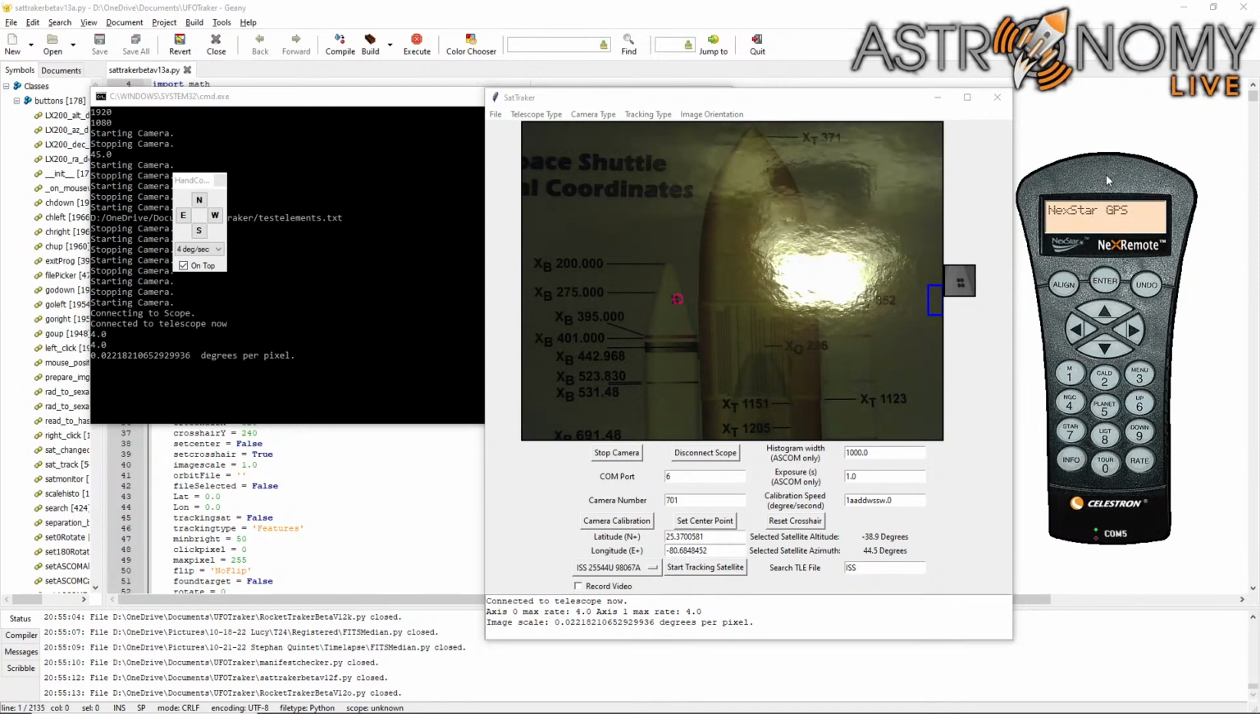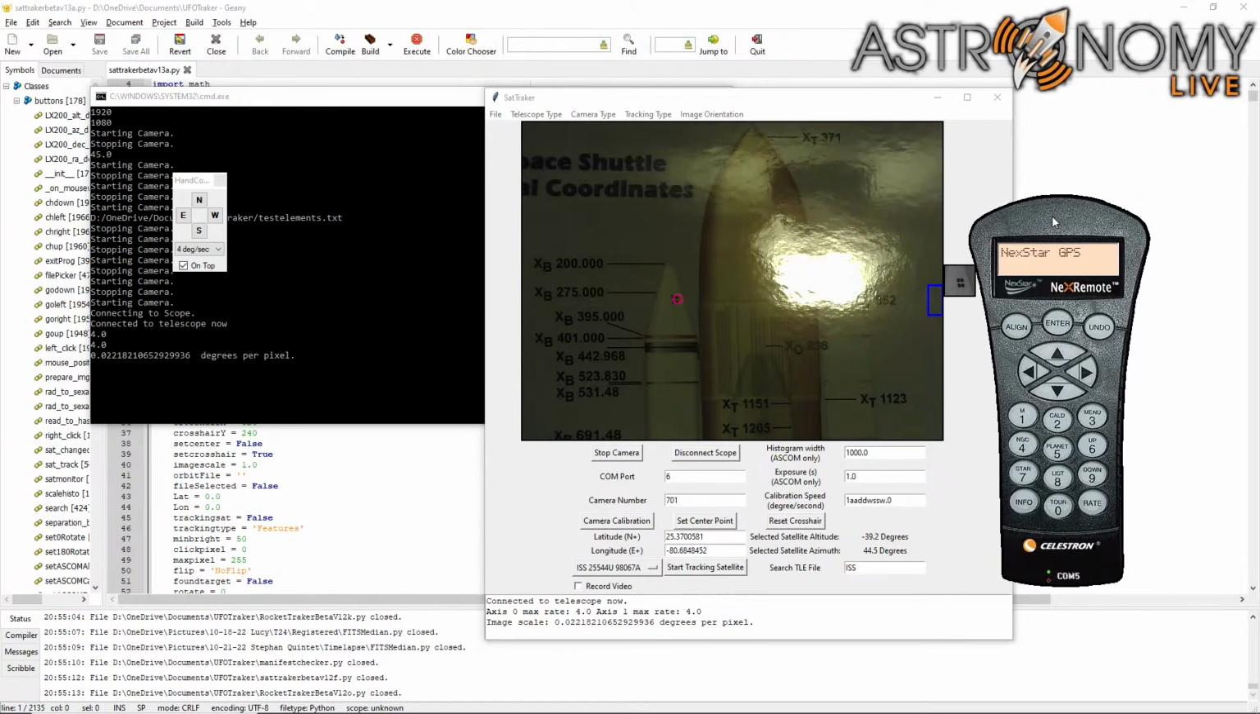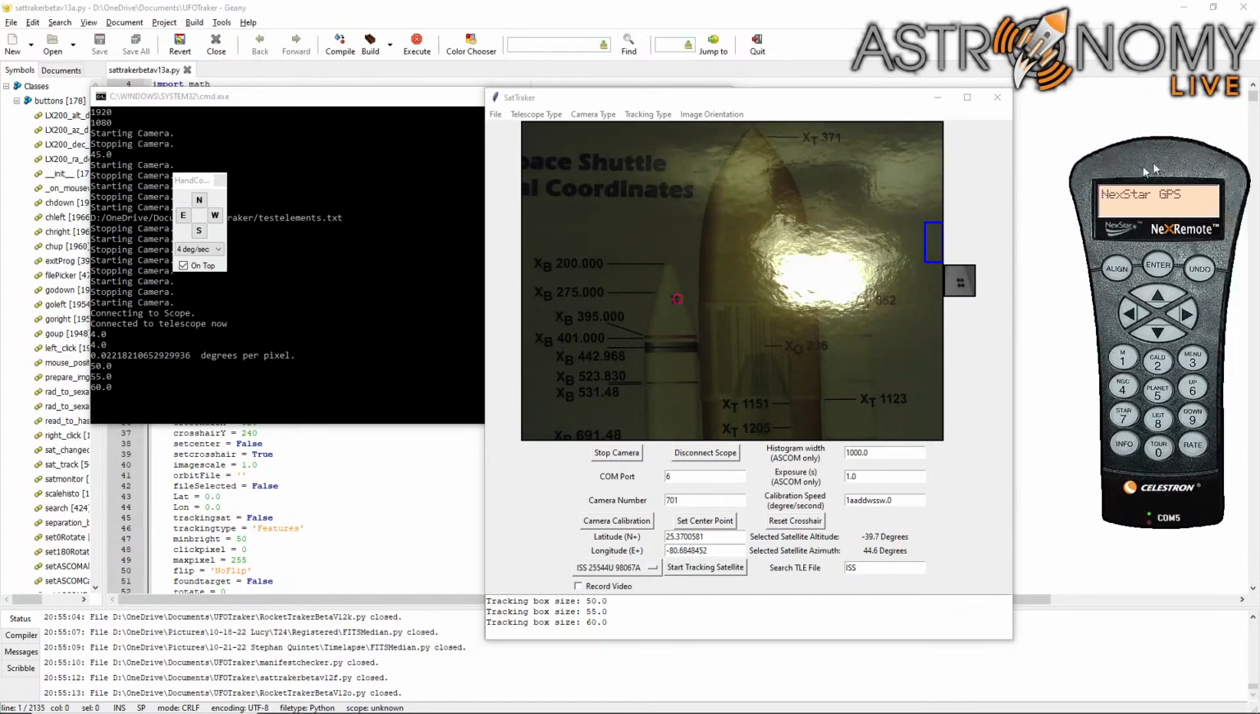Also, it's important to note that before I started the webcast, I did a pseudo alignment with Next Remote here. So if you're using rocket tracker as opposed to SatTraker, and you are doing de novo tracking, where you're tracking objects without any previous information about where they're supposed to be headed, and you're just doing video-based tracking like this, you do need to, if you're using a Celestron scope like I am, and you're using Next Remote like I am,